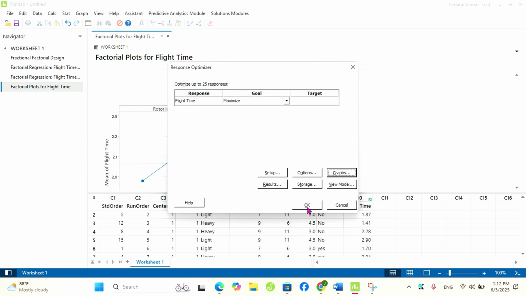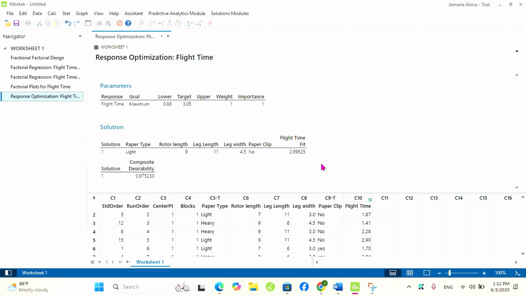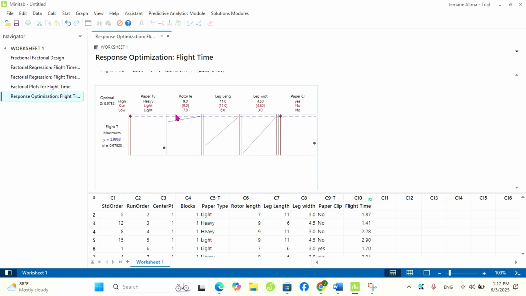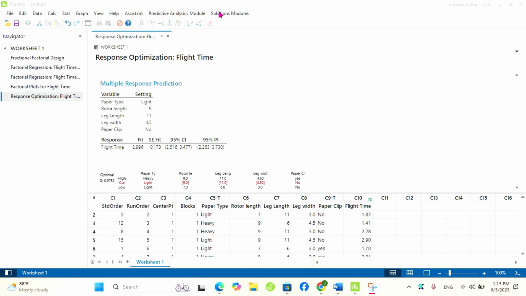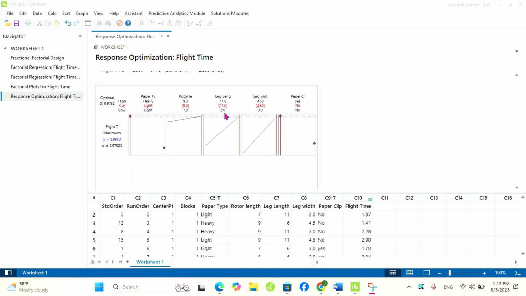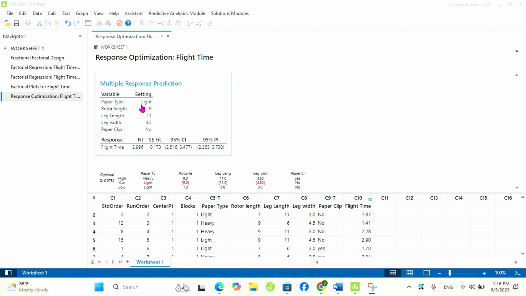Okay, so after that, this graph visually shows us the optimal factor settings in red that will give us the maximum predicted flight time in blue. So based on our analysis, the optimal settings are: paper type is light, rotor length is 9 cm, leg length is 11 cm, leg width is 4.5 cm, and paper clip on leg is no. So notice that if a factor wasn't significant, it won't appear here, meaning its specific setting doesn't statistically impact flight time in our model,